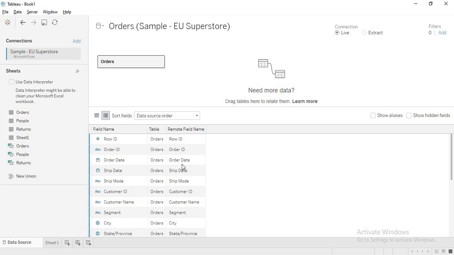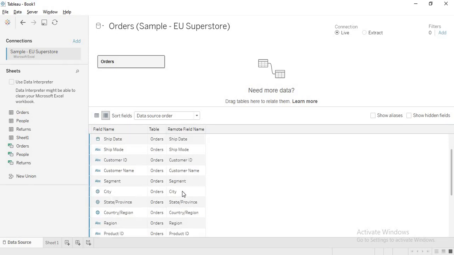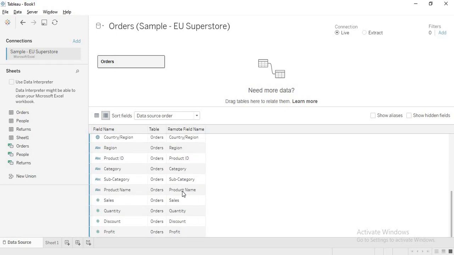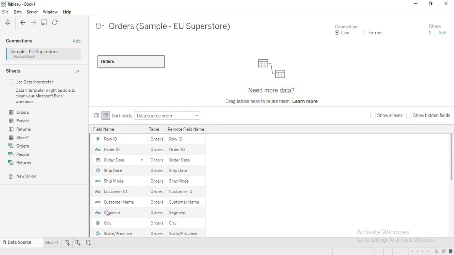And if you see fields here, in Tableau many a time you change the field names, or you manipulate them in whatever convenient way you want. But as Tableau does the changing of any names only on the Tableau end, not in the data source end, the remote field names coming from the data source will remain the same. But if you change any field name, it will change.